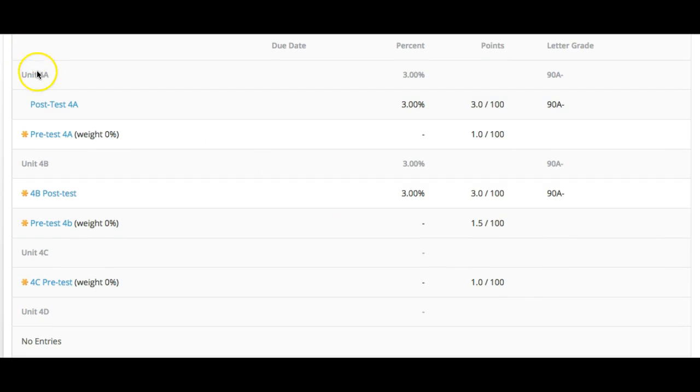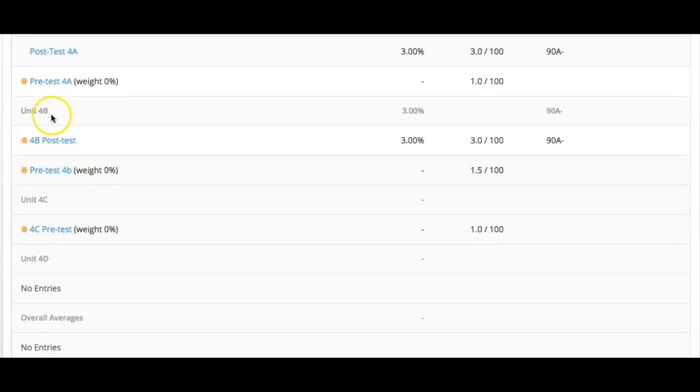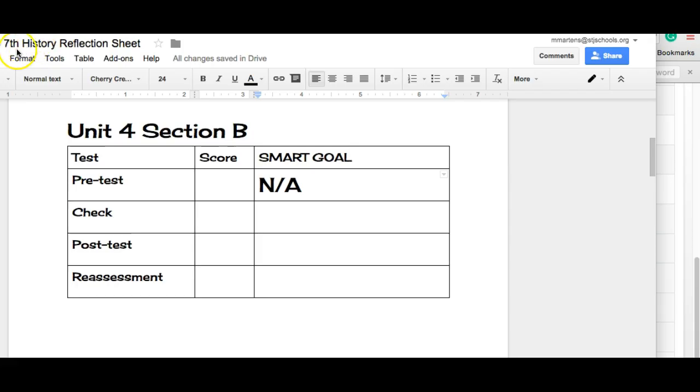All right. Unit 4A we've already done. 4B, post-test, that's the post-test you just took. So you're going to look, your percent is your rating. Remember, we don't do percents. So you're going to look at your post-test, and then you're going to go to your 7th grade history reflection sheet. Try typing in reflection sheet to Google Drive. And Unit 4, Section B, pre-test score,